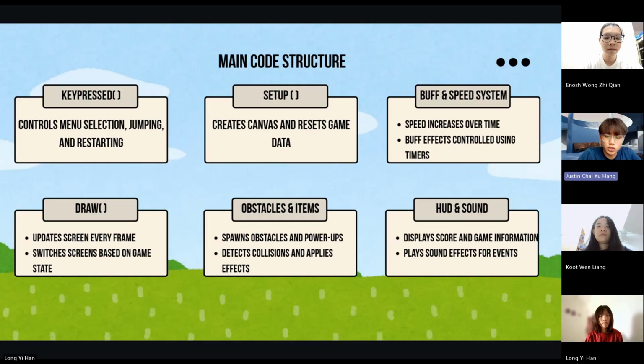It also switches between different screens based on the current game state, such as the menu, gameplay, or game over. The key press handles the menu selection, jumping, and restarting. And the buff speed system increases the character's speed over time, and buff effects are controlled using timers.